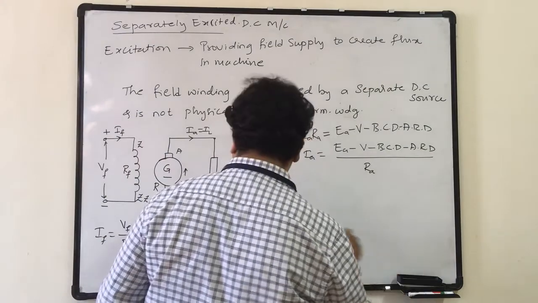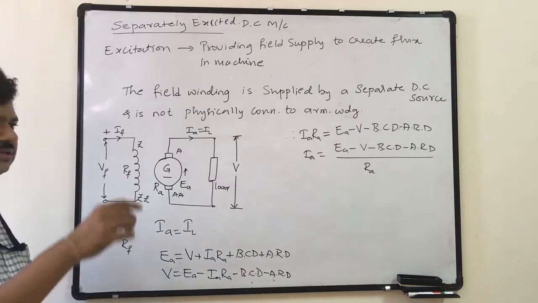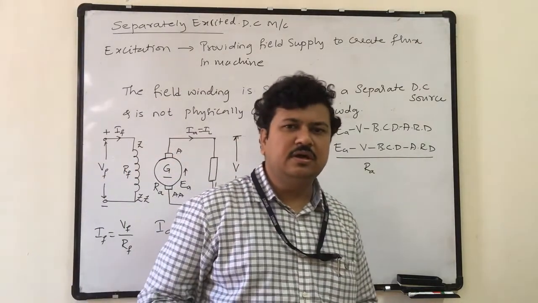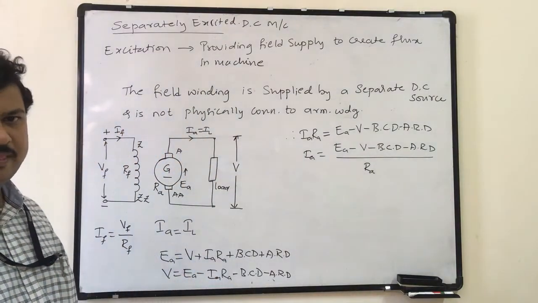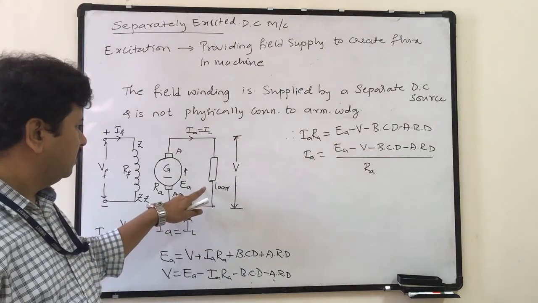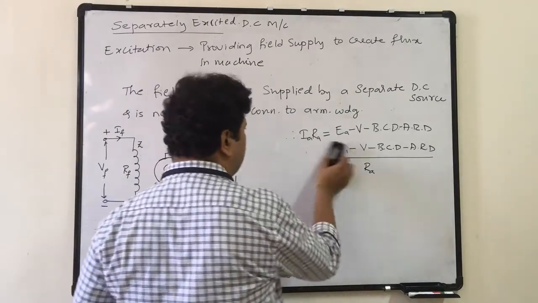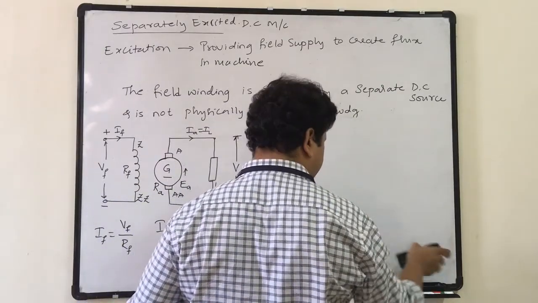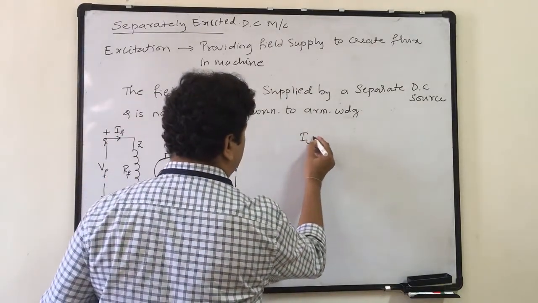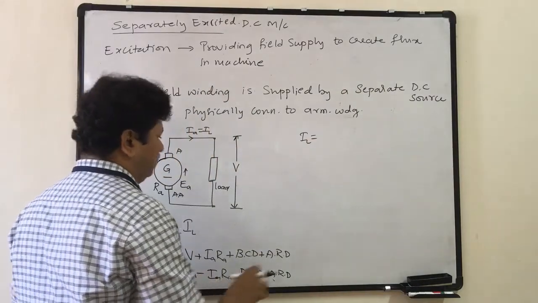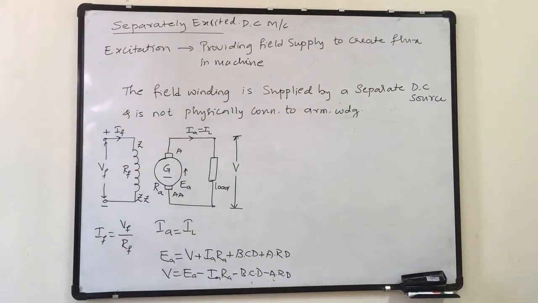Actually, IA is equal to load current IL, and load current depends upon the load condition. We know that as I go on switching on the appliances connected to the supply, my current goes on increasing. So it may not be completely correct to mention this. Simply we will mention IA is equal to IL. That is as of now sufficient.